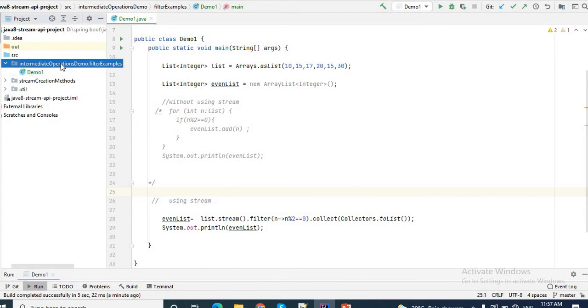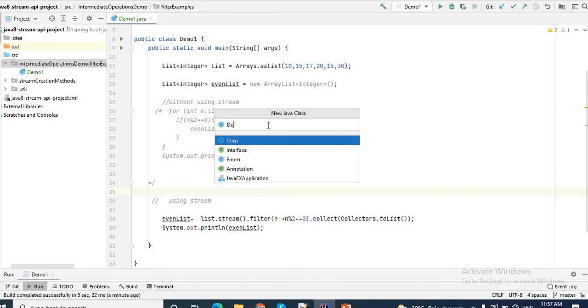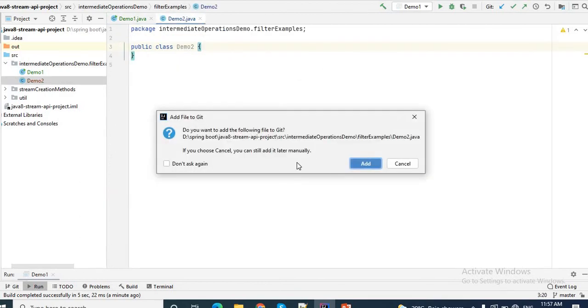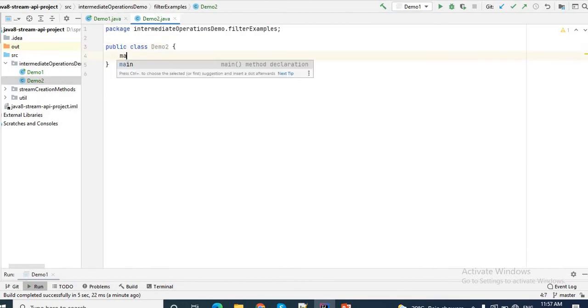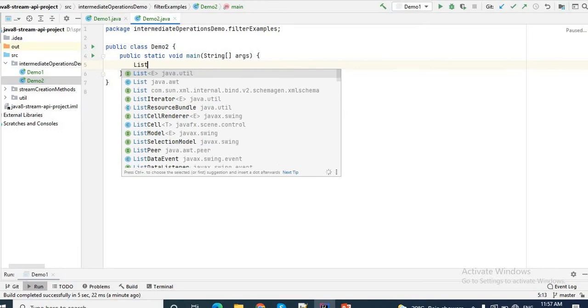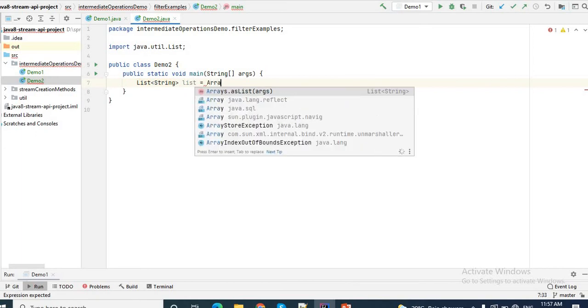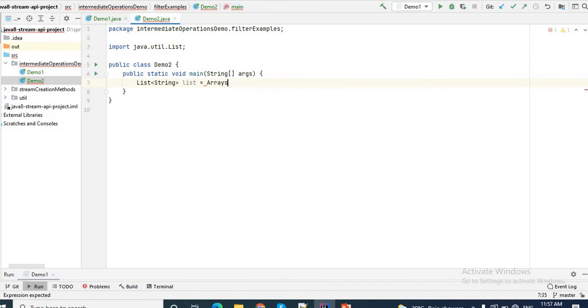Now let me show you another example on this filter. Let me name it demo2. Inside this I'll create a main method. Now I'll create a list of strings, using Arrays.asList.